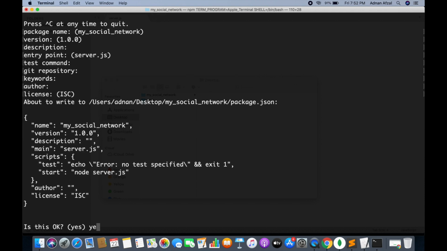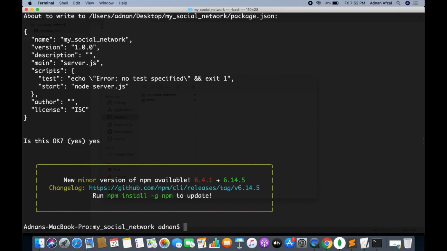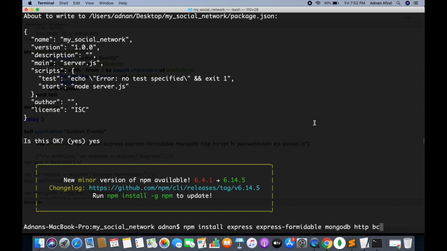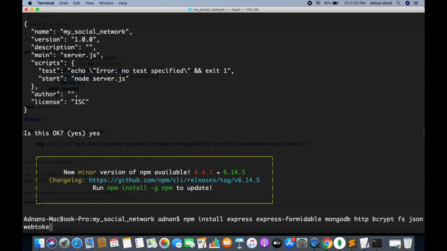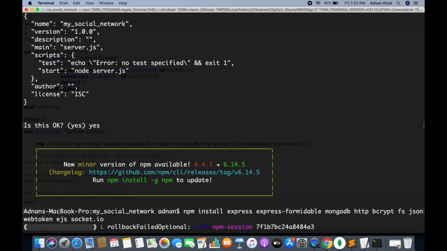And now you have to include all the modules required for this project. We will need the express module to start the project, express-formidable to handle input fields, MongoDB that will serve as a database, HTTP that will start the server, and bcrypt to convert the plain text password into a hash. FS stands for file system, so you can save files in your project folder.